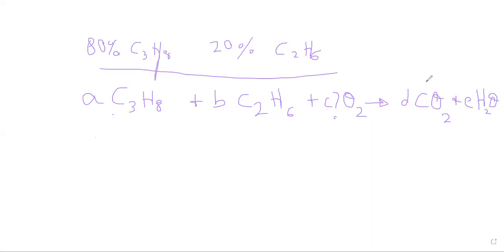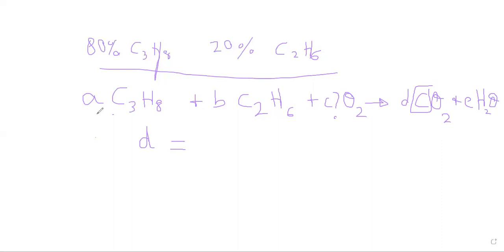If I take, for example, carbon, in the products, carbon is only present in CO2. So I can automatically say that if I have D molecules of CO2, then the number of kilomoles of C is D, which is equal to